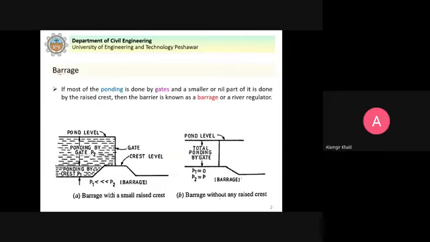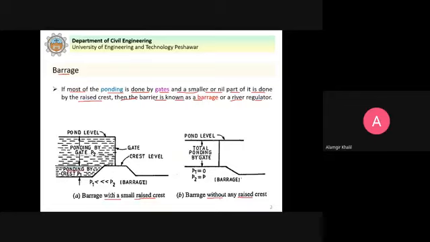So barrage, as we already defined in the previous lecture, if most of the ponding is done by gates and a smaller or nil part of it is done by the raised crest, then the barrier is known as a barrage or a river regulator. You can see here in this figure, when we have a barrage with a small raised crest or we have a barrage without any raised crest here,